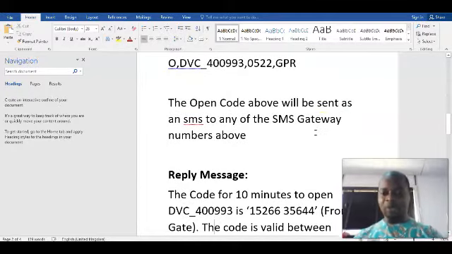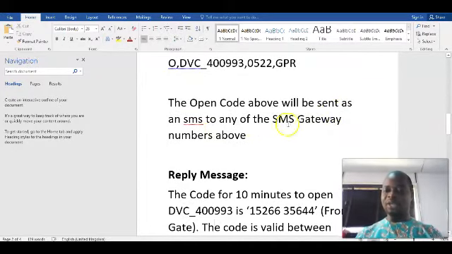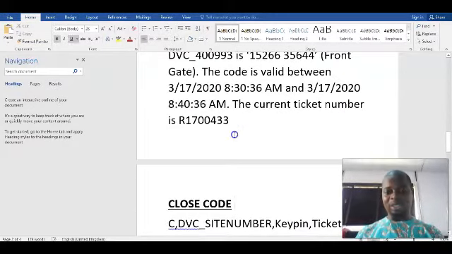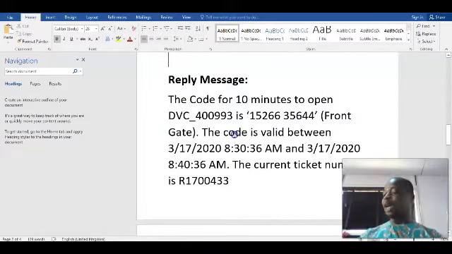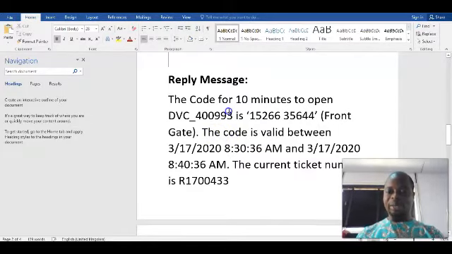Now when this code is sent, the open code request will be sent as an SMS to any of the SMS gateway numbers above. When this code is sent, you wait for some seconds or a minute. You're going to receive an SMS from the gateway number you sent the code to. The SMS will read, as you're seeing here, the code for 10 minutes to open DVC_400992, which is your site number, is